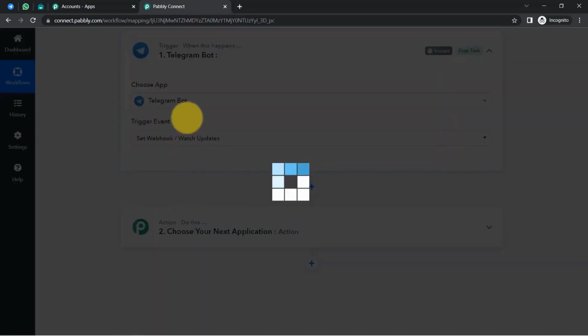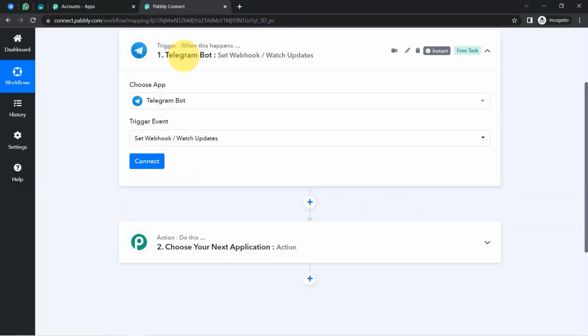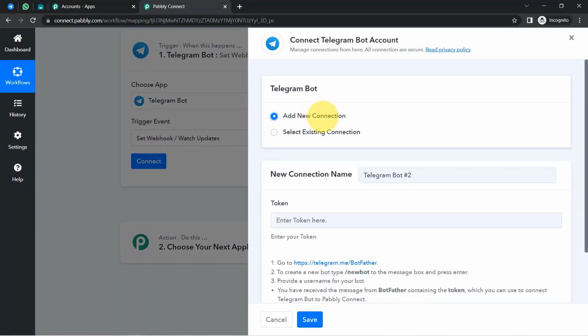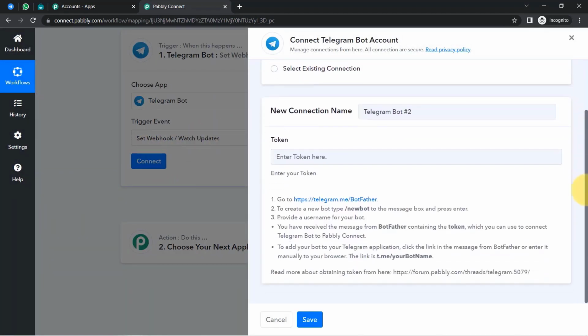Okay, so the idea here is we are going to connect our Telegram account with Pabbly Connect. For that you will have to click on this connect button, then click on add a new connection, and it will ask you to follow these instructions. So here firstly it is saying go to your Telegram. So this is my Telegram account, and here to create a new bot, type /newbot in the message box